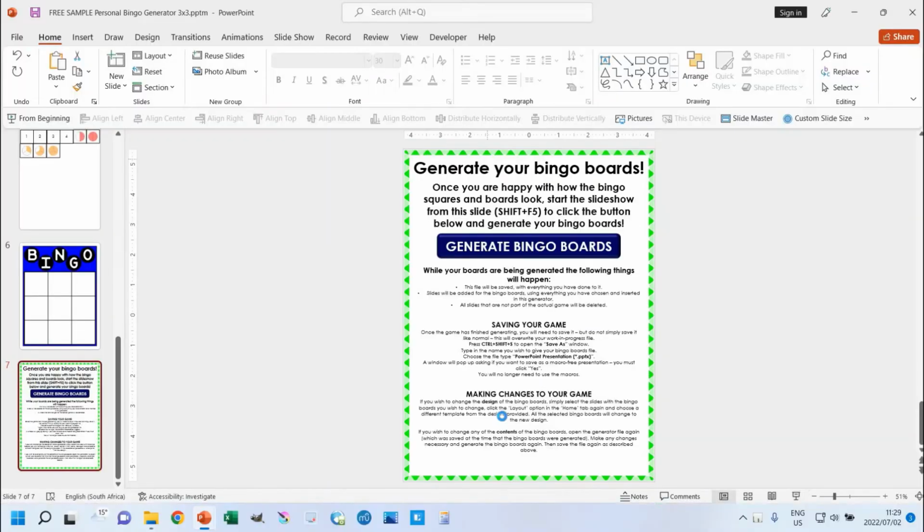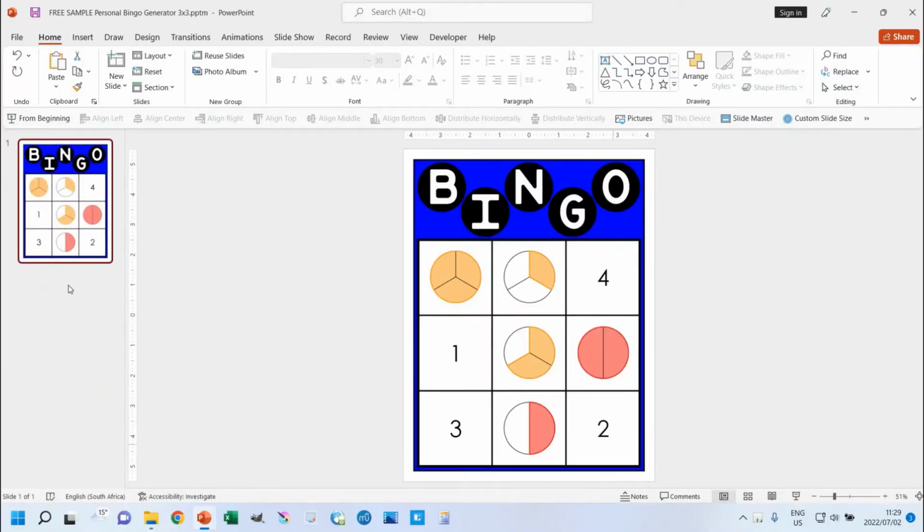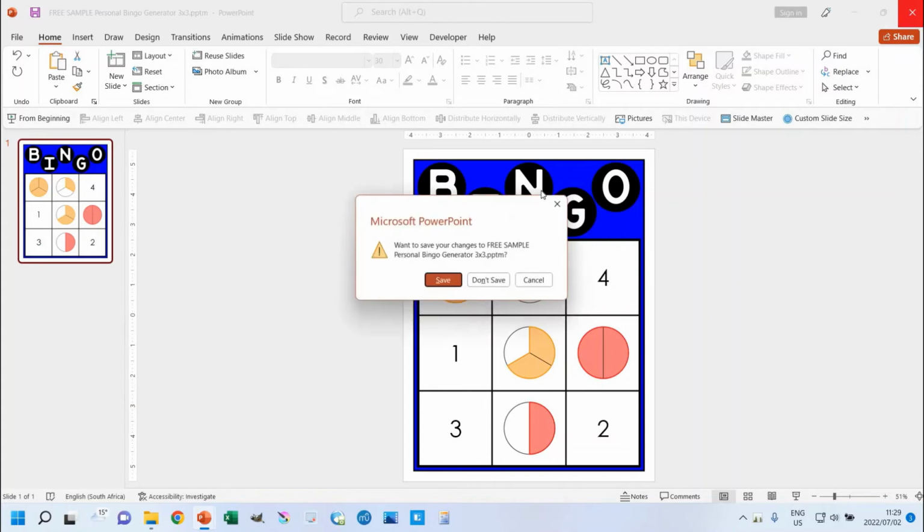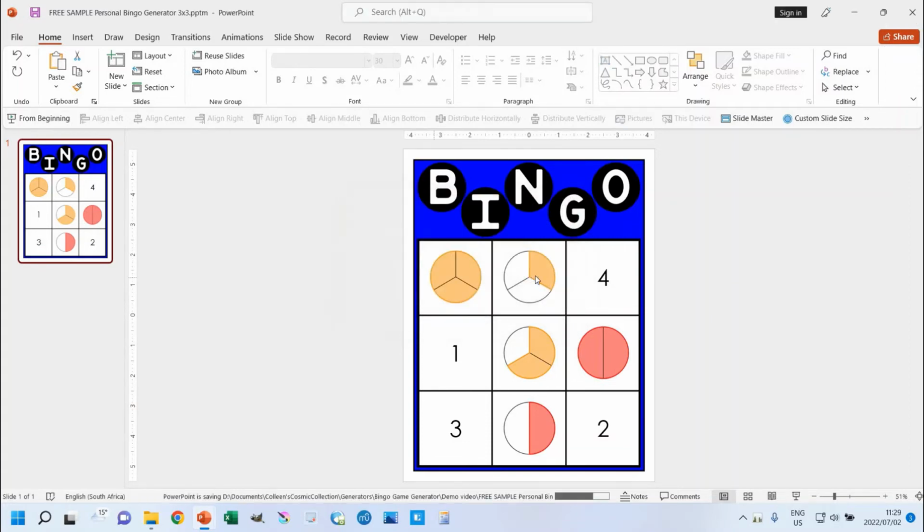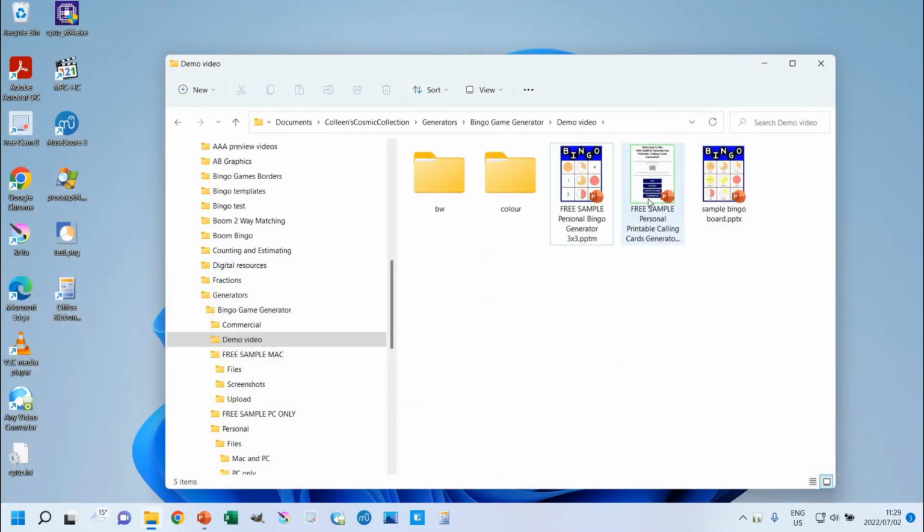And now when I generate my bingo board, you'll see that it uses the things that you've got in those samples. So it could have plain text, or it could have pictures, or if I chose to use ones with caption pictures as well, it would use those as well. Okay, and that is how you create your bingo boards. Right, so now I'm going to close that, save it, and now I'm going to show you the printable calling cards. So let's click on here, open it up,